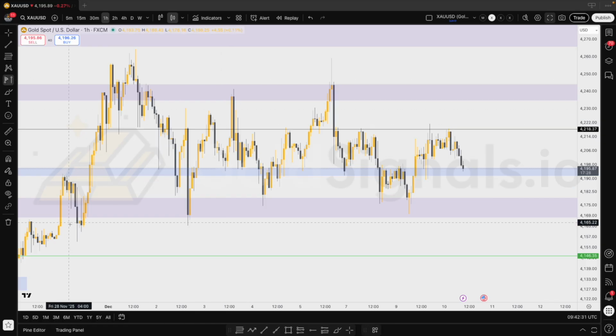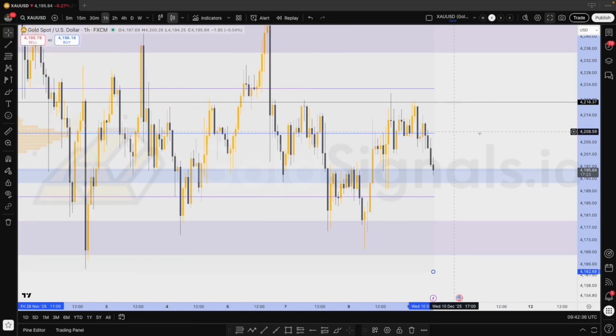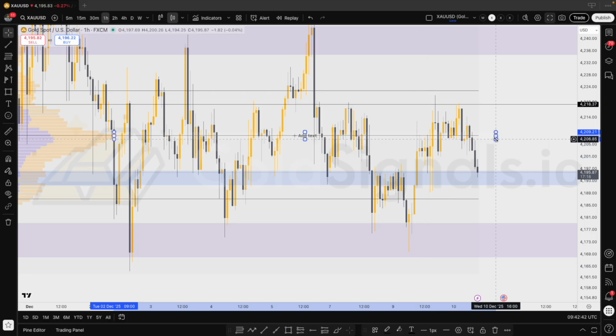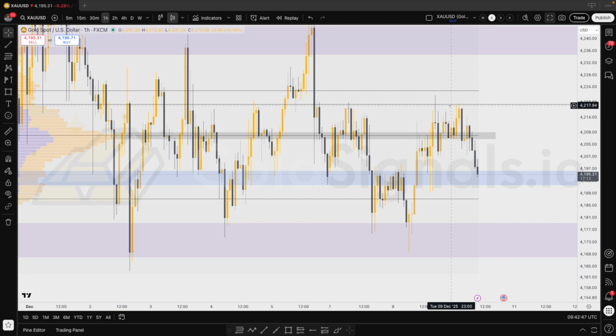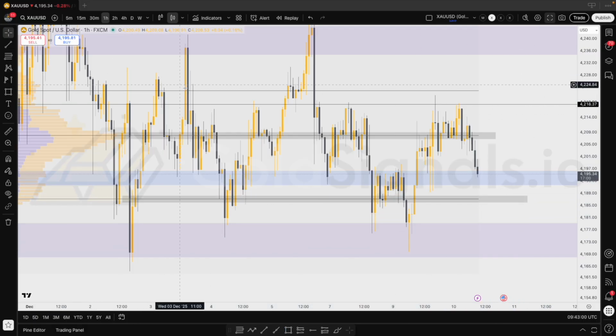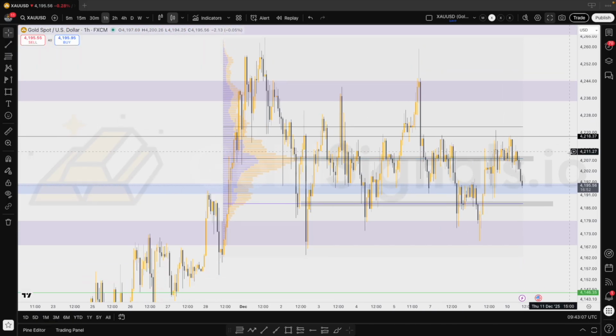If I grab that fixed range volume profile again, and grab a couple of rectangles real quick, our point of control is roughly in between our top side resistance and our middle pivotal point. Our value area low is between our pivotal point and our bottom side support, indicating that there are definitely levels that we want to take into account. And our value area high is not far from our top side resistance. So with that being said,